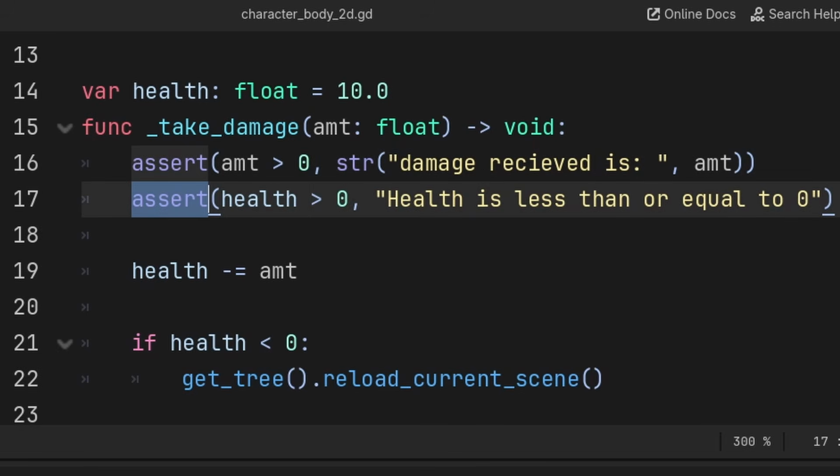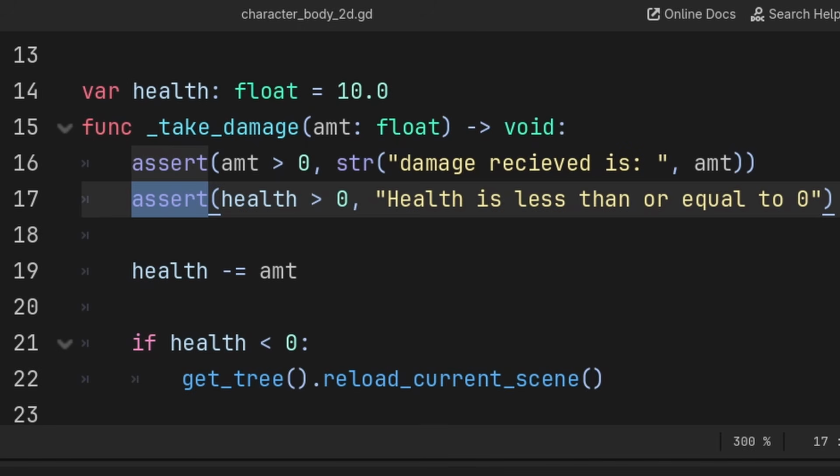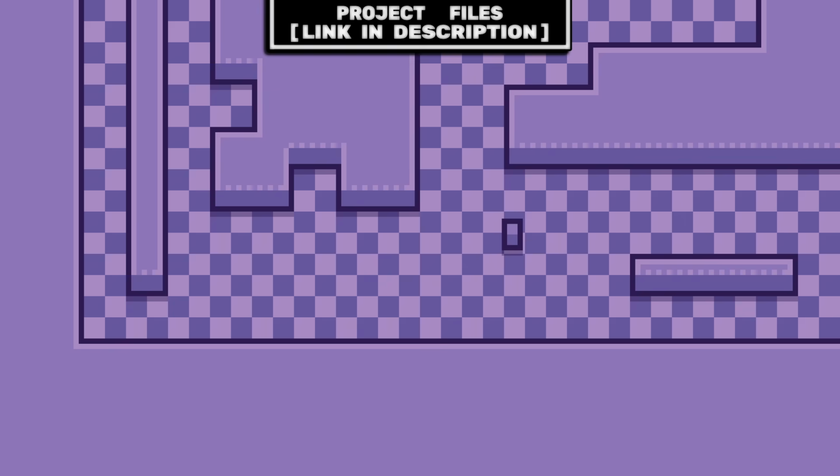Additionally, you may also want to check if the health is less than or equal to 0, as in this case that should be impossible, as when health is less than or equal to 0, the game should restart immediately, meaning that this assert will only occur if we are calling the take damage function multiple times on the same frame. Now you have a basic understanding of the assert keyword and how to apply it to any of your